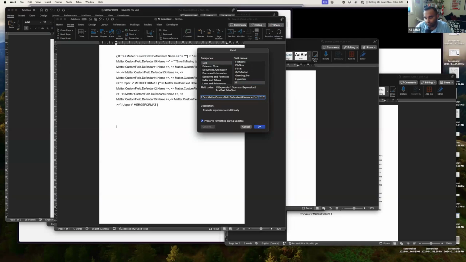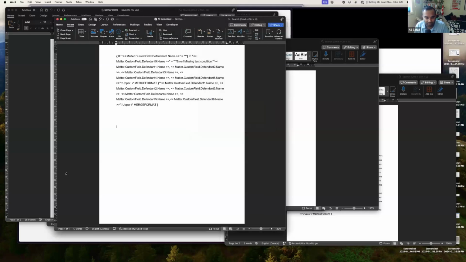This is like we just want to know if there's something there. If it's true, that means there are six defendants. So you would want to do defendant six name, defendant five name, defendant four name, etc. So you guys get the idea, and then once you insert it,